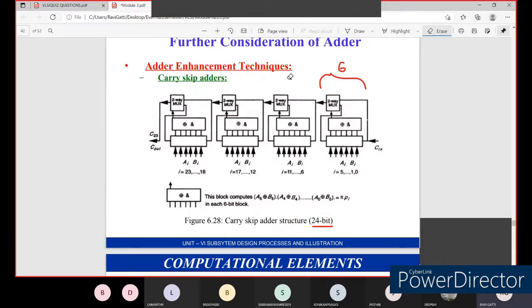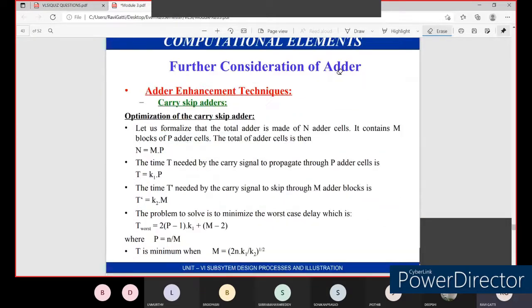Okay, so now we will go for the next thing: how we can estimate the propagation delay in the case of the carry skip adder. In order to compute the propagation delay involved in this carry skip adder,